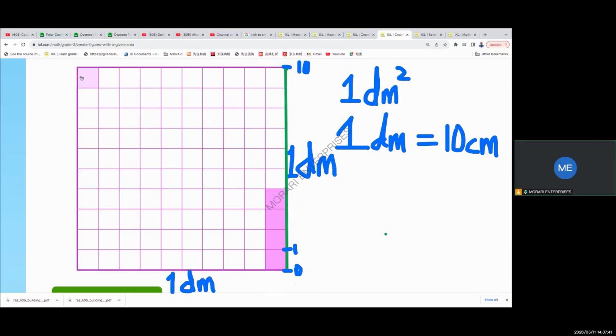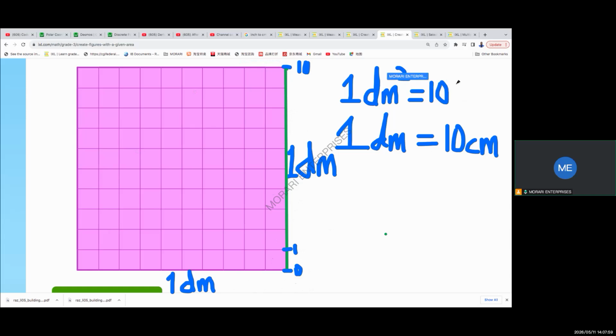Now, how many centimeter squares do we need to fill this entire space? 100 of them. 10 times 10, 100 of them. So you see 1 decimeter square is not 10 centimeters square like here. 1 decimeter square is actually 100 centimeter squares. So again, to change units from one to the other,